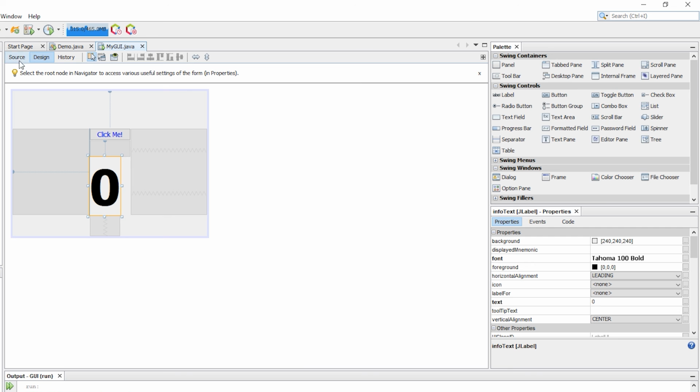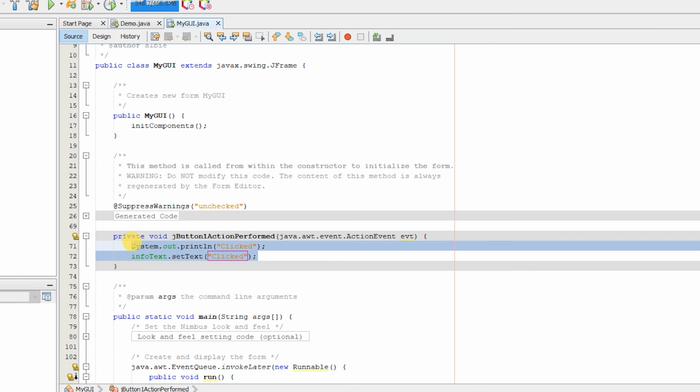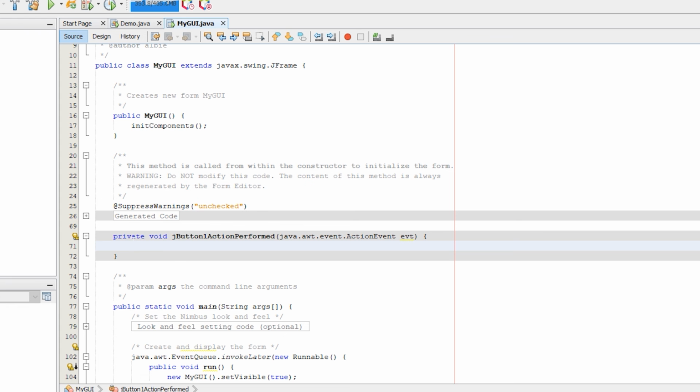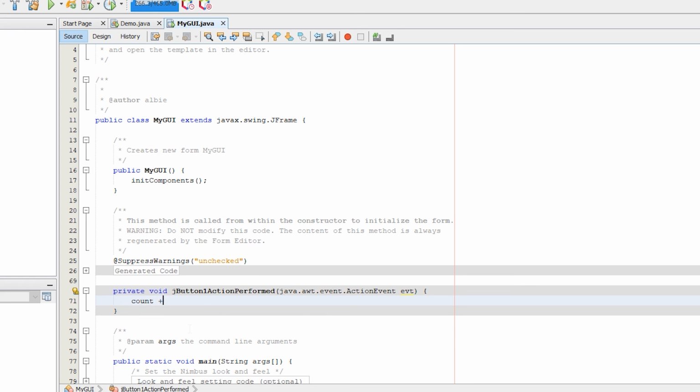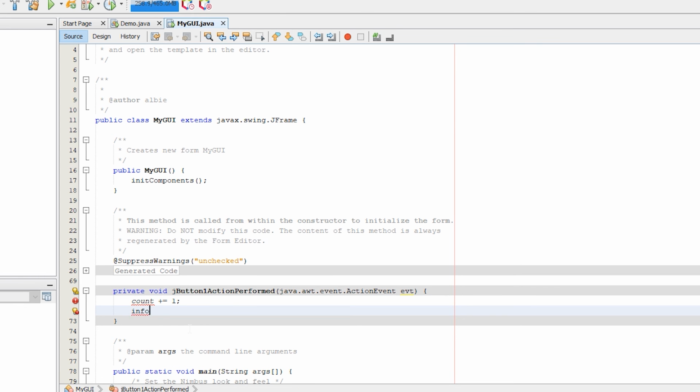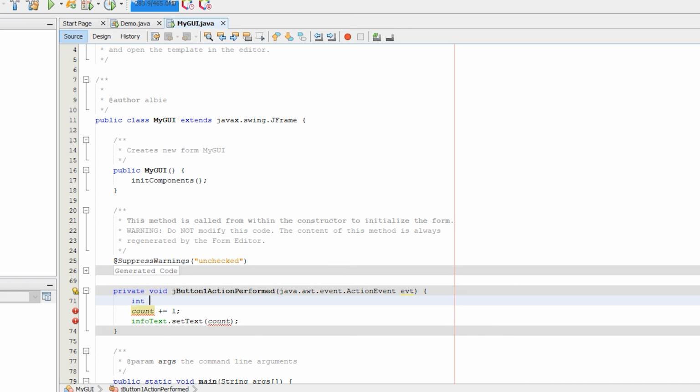Now to update this number right here, we can go into the source, or we can also just double click this. Here we're no longer going to print out that the button was clicked, but instead we're going to set the text to a number. The reason you're seeing this red underline under this count is because the variable hasn't been created yet. If I was to create the variable in here, so let's say int count equals 0,